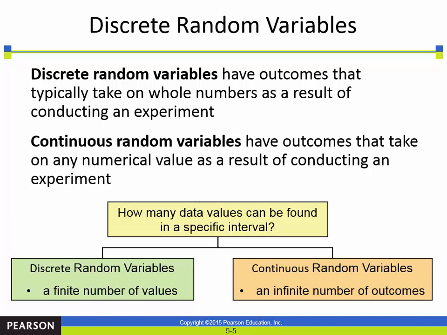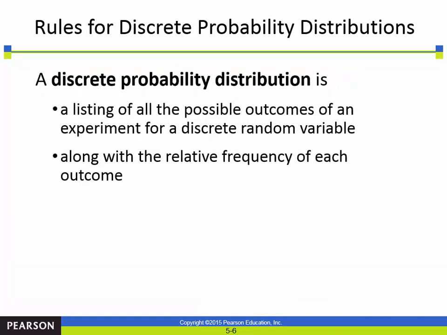All right. So a discrete random variable is data that have outcomes that take on whole numbers. We just established that already. So you can read that. I won't read it to you since it pretty much just restates what we said on the last slide. So discrete probability distribution: it's a listing of all the possible outcomes of an experiment along with the relative frequency of each outcome. When we look at this, you'll see that we've already done this. We already did frequency distributions, and we've already done probabilities, at least in the general sense. So this is just combining the two things together.